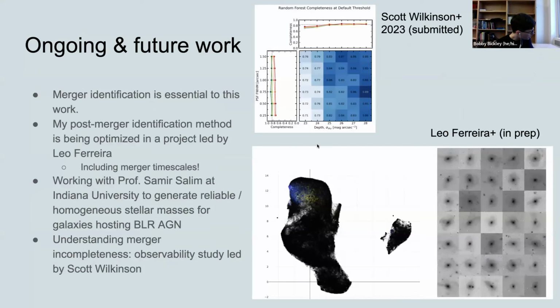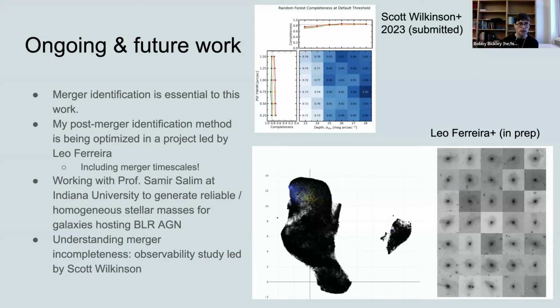So I could say a little bit about ongoing and future work, but I do want to make sure that I leave at least several minutes for questions. So I'll really breeze through this and say that in order to improve on this, we will eventually need to improve on our merger identification, because we're getting all of these really nice data products, all-sky surveys in X-ray, forthcoming LSST, et cetera. And so it's really important for us to be able to find post-mergers so that we can study their characteristics in all of these really rich data products that we're about to have.